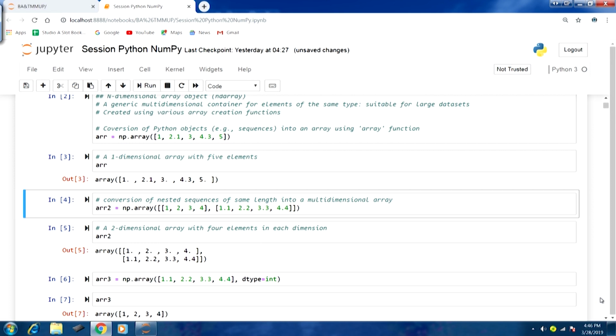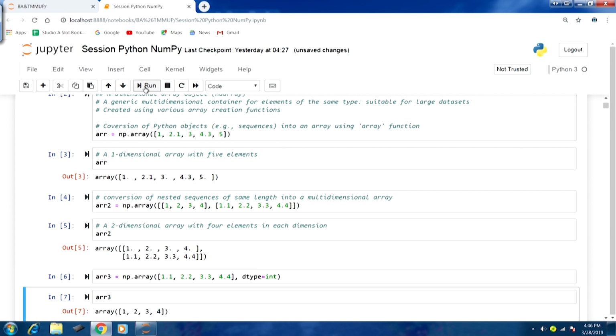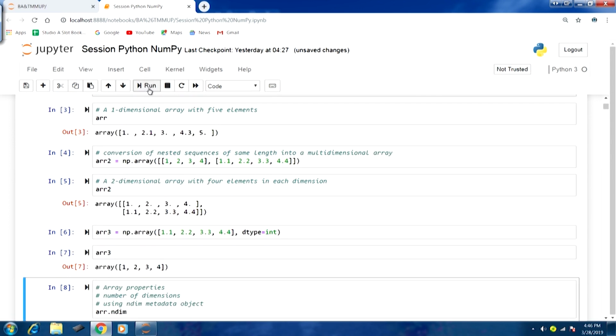You can see that we can use a list of lists, and we can create array 2, which is a 2-dimensional array here, and in this fashion we can access elements. Similarly, in another example here we are indicating the data type as well for this array using the dtype argument. So, all these aspects we have discussed before.